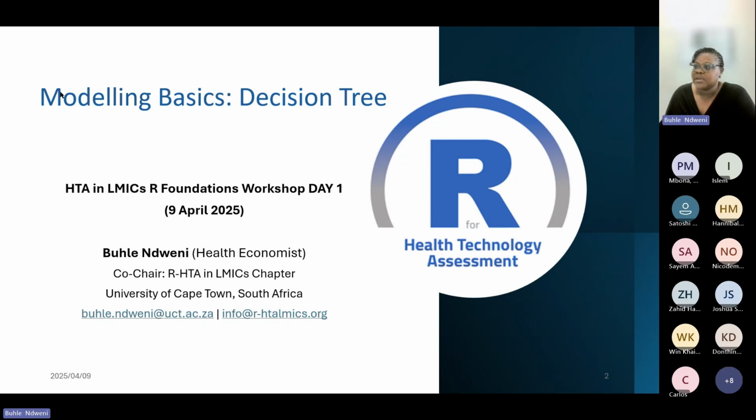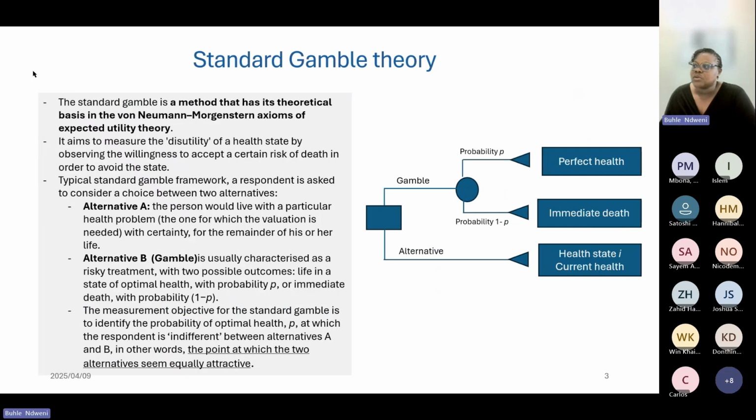Okay, welcome everyone. I know I'm taking the last leg of this and you're probably tired, but please bear with me. Just as background, when we think about decision trees, we think about the standard gamble theory, where it would measure the disutility of health states by observing the willingness to accept a certain risk of death in order to avoid a